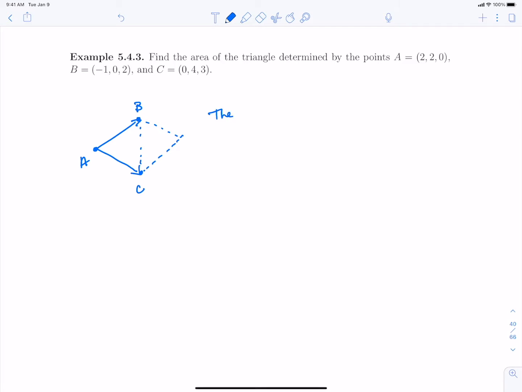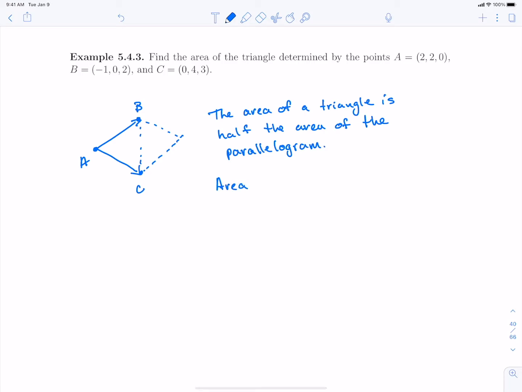And we can recall that the area of a triangle is half the area of the parallelogram. Well, as it was stated previously, the area of the parallelogram is the magnitude of the cross product, so that means that this is going to be 1/2 the magnitude of the cross product,